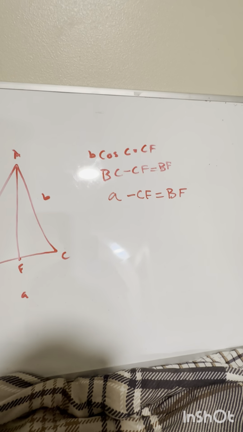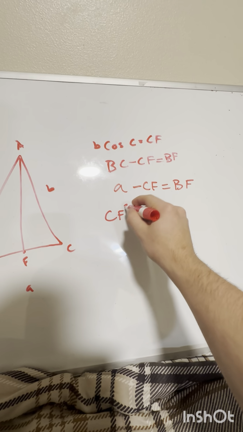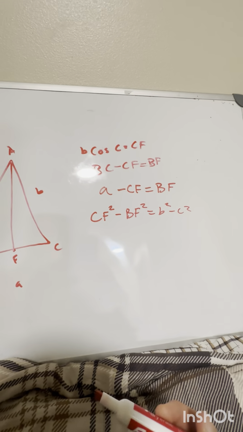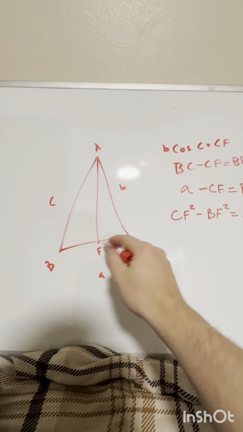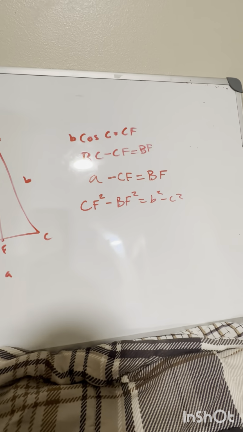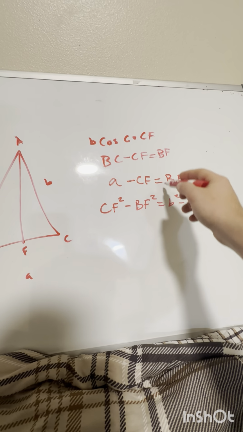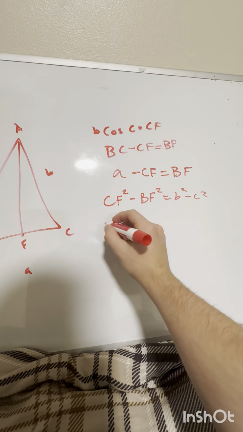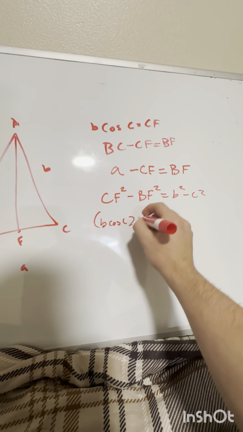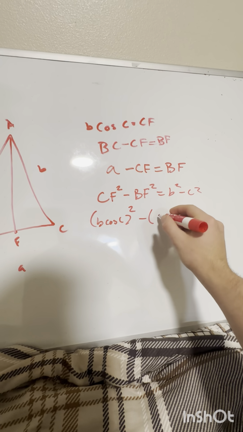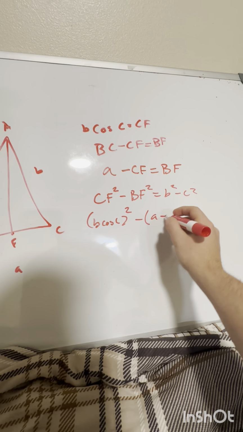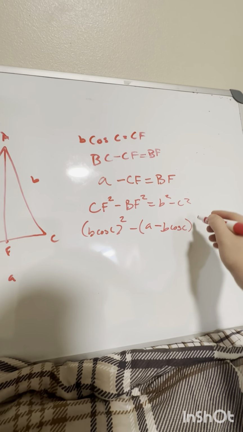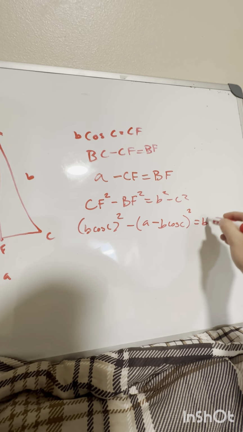Our fancy equation that we found gave us the relationship that CF squared minus BF squared equals B squared minus C squared. It gives us a relationship between the sides of our subtriangles and the sides of our main triangle. So now we can just sub in these expressions that we have for CF and for BF. And we have B cosine C squared minus A minus this expression again, because that's CF, B cosine C, all of that squared is equal to B squared minus